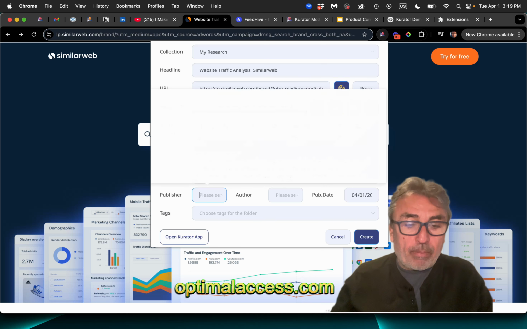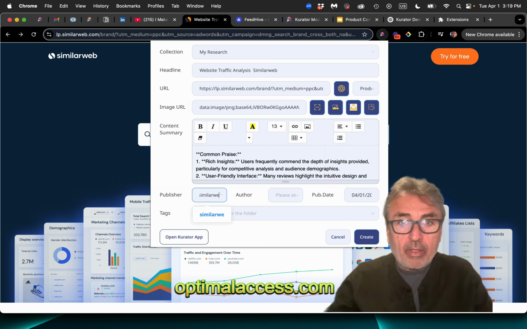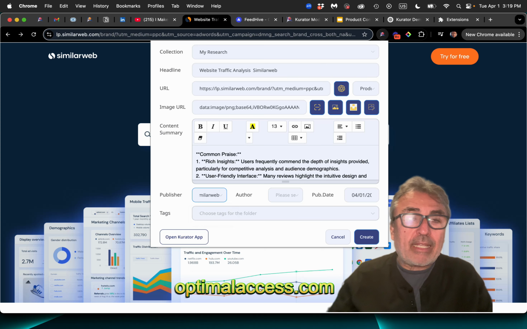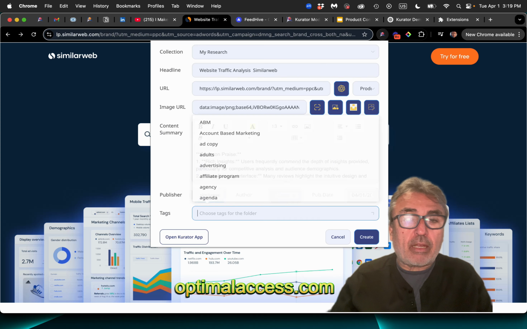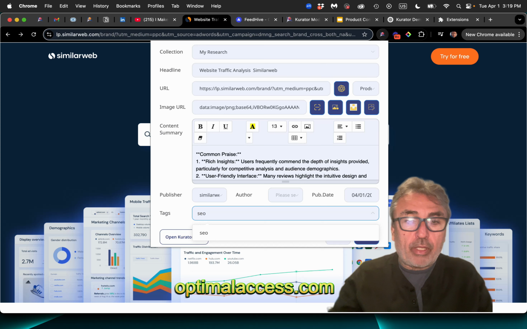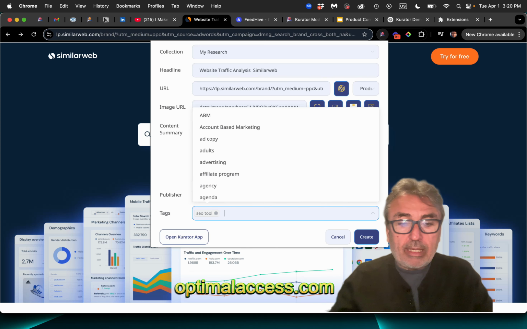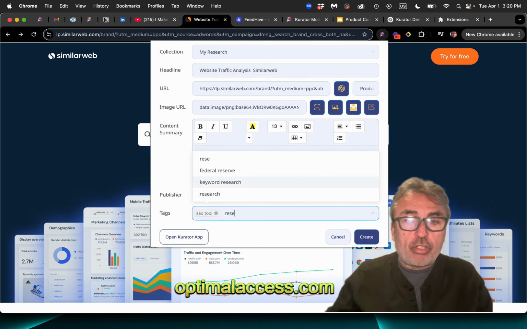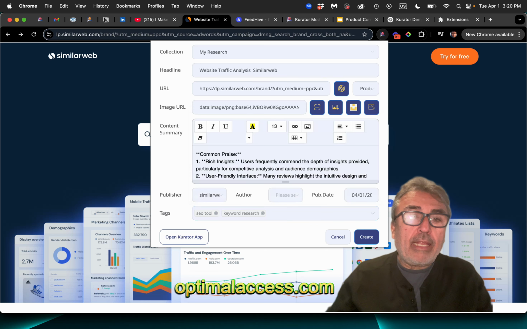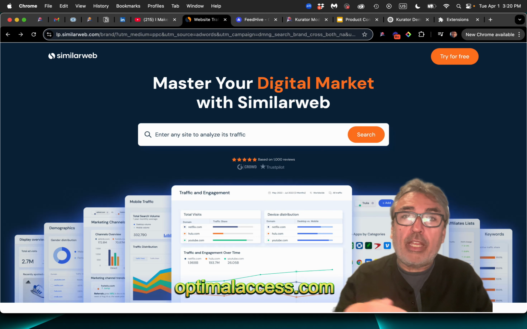Then I can add the publisher. Sometimes websites add this automatically, depending on how they've added their meta information. And I can then put in SEO tool and maybe research, keyword research, and any kind of a tag that will help me identify this content and quickly sort it and find it. It will also help me with publishing, and we will get into that later. So now I simply create it, and it's going to save this post along with the AI summary in my